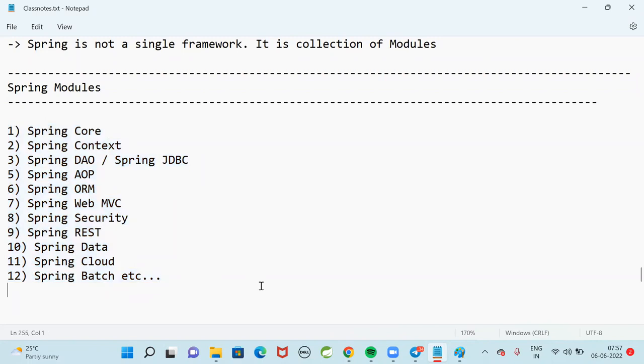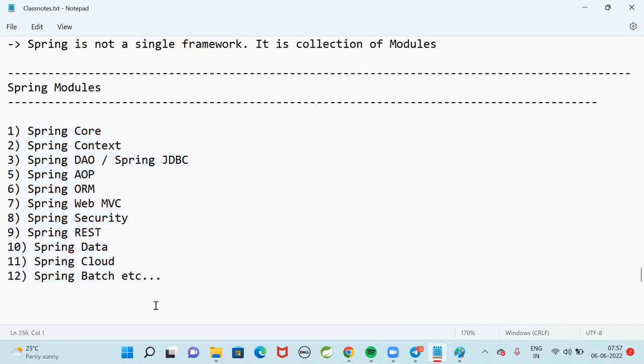For your project, based on the requirement, you can choose the modules from Spring and use whatever is required. You need not learn or use all the modules. Whatever module is required for the project, we can pick up and use it.